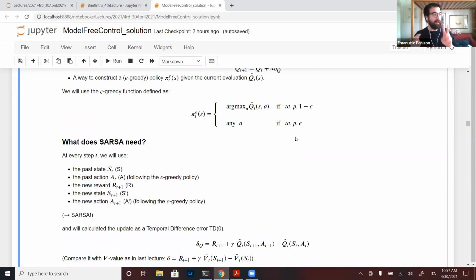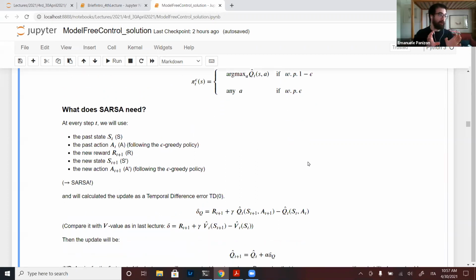So the second thing is what is different between SARSA and Q-learning. In SARSA, the Q value changes, and the policy changes with the Q values, and the policy is used both for making the trajectories and for making the update.